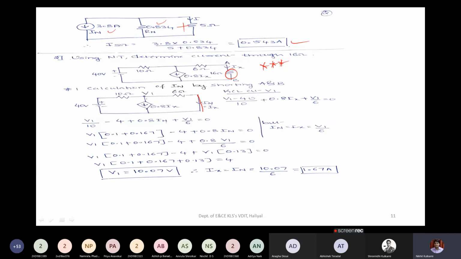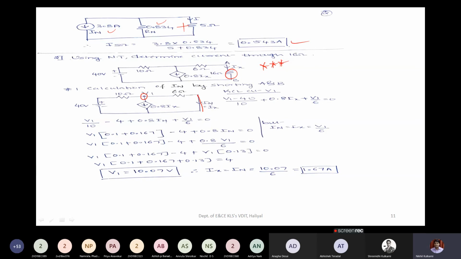To find the Norton's current, the simple way is to apply KCL. See, nodal analysis is much simpler than mesh analysis in some circuits. If you go for mesh analysis, you will get the answer, but it will create a super mesh here, since we have a current source. If you want to avoid that super mesh concept, we can apply nodal analysis.